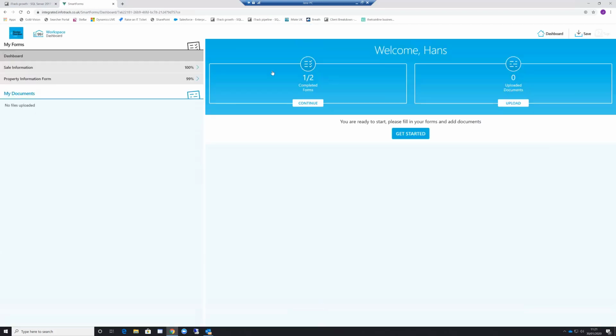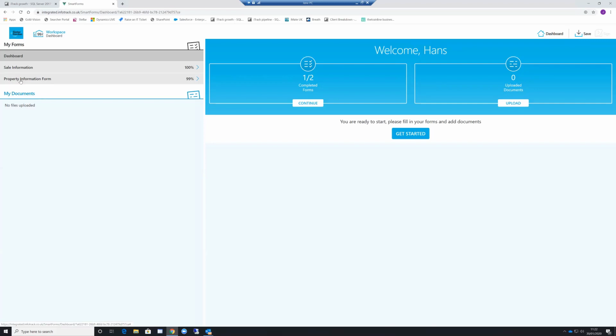And then it brings you up into this dashboard. So obviously welcome hands back into your dashboard. And you can see here I've got 2 forms. The reason it says 2 forms is because we extract any information from a form where it has to be asked of your client more than once in a paper process, and we just put it in one place. So the sale information is generic across multiple forms, so we keep it in one place within the InfoTrack form